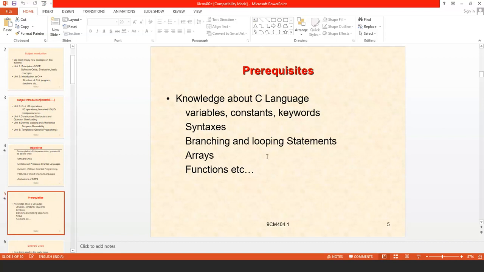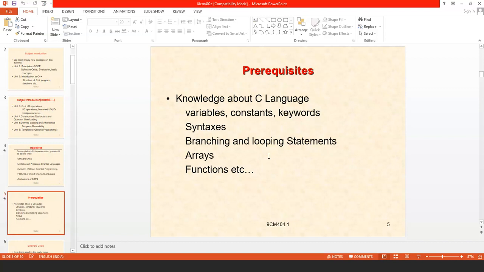And of course, about arrays, you learned what is meant by an array, how it is different from a normal variable, how you can access the elements from an array, how you can initialize, and how you can use these arrays in your program to store a set of elements of the same data type.